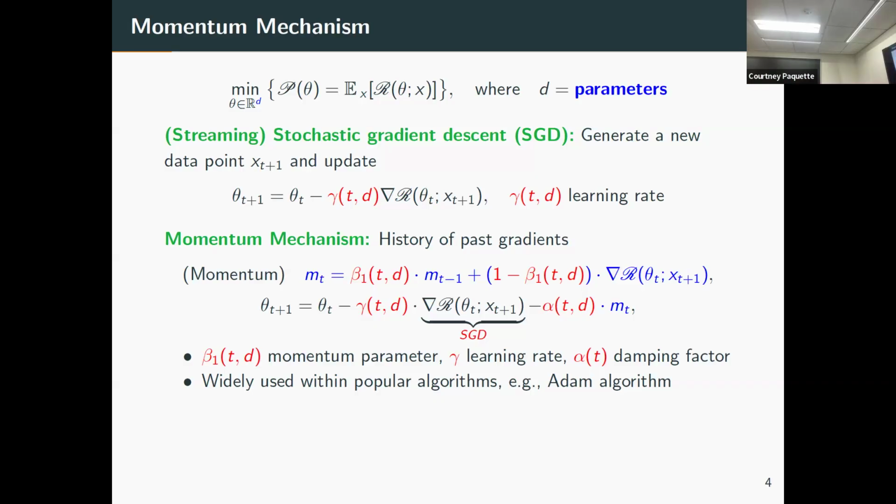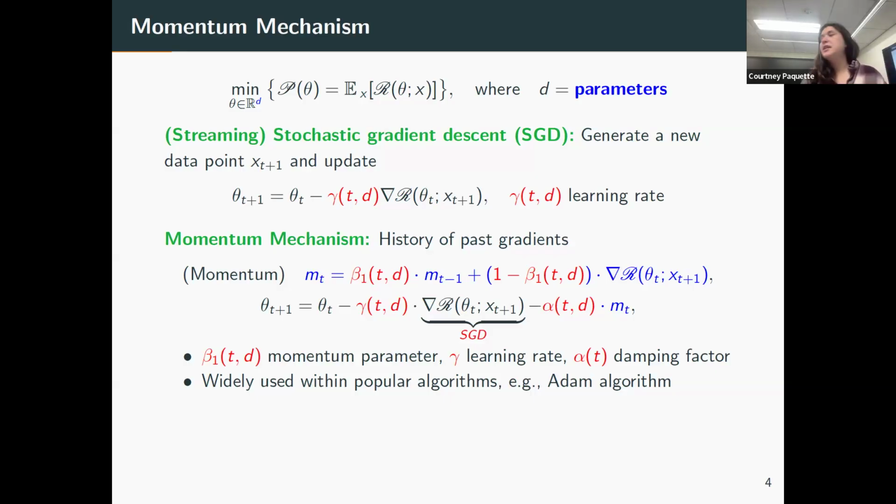What I'm going to do is have a stochastic gradient. I'm still going to use my current information, but I'm also going to update with the past. So I'm going to do some combination of my current gradient and the past gradient. I wrote it maybe in a different way than you have seen before. The reason is I want to put this into something Adam related, and Adam has this EMA thing going on here, so I'm putting it in there. So beta 1 is my momentum parameter, gamma is my learning rate, and alpha_t I'm going to call the damping factor.